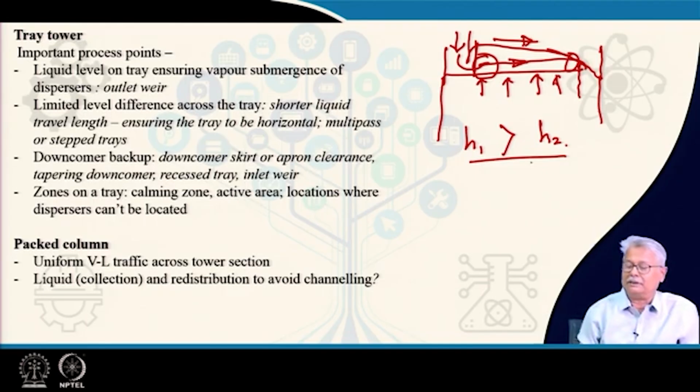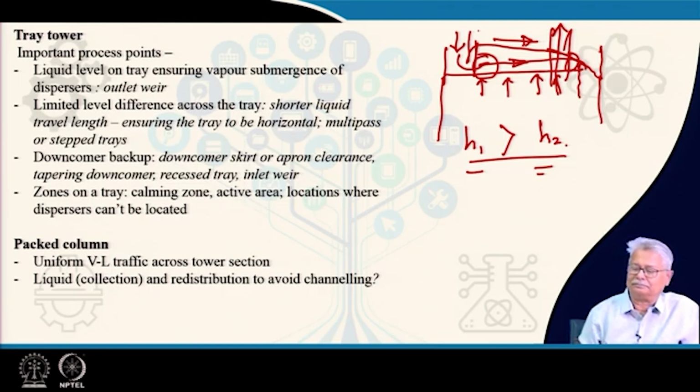Now, I got a question. Suppose the difference between h1 and h2 is too large. Most of the gas will be passing through this section and hardly anything will go through the upstream. So you will have an uneven distribution of the gas, or vapor, what you may call, which is passing through the liquid. Now, in this case, your efficiency of contact will definitely be falling down, and this is something which you cannot allow. So ideally your liquid should be as close to horizontal as possible,